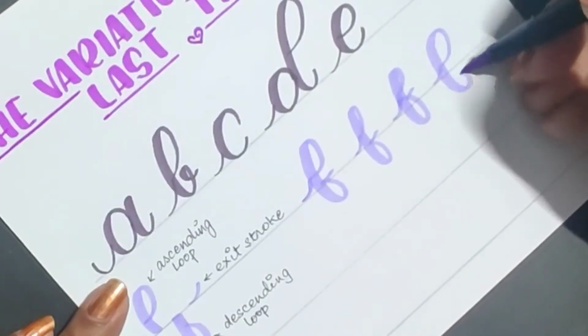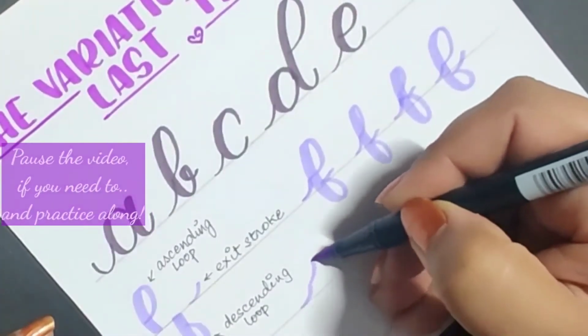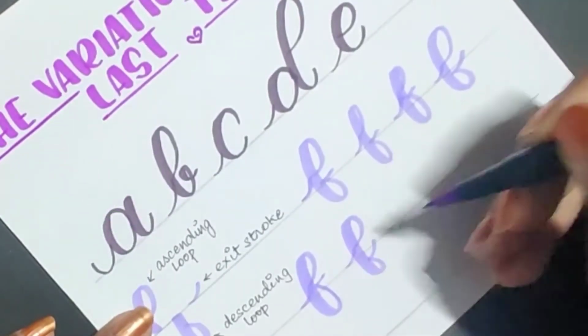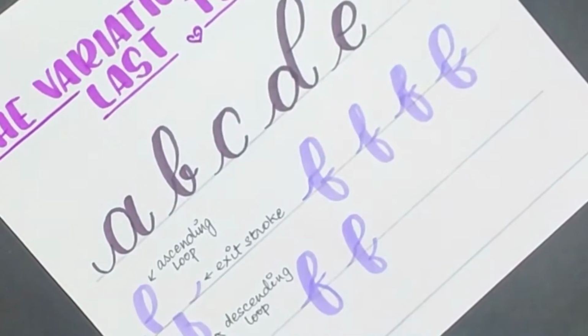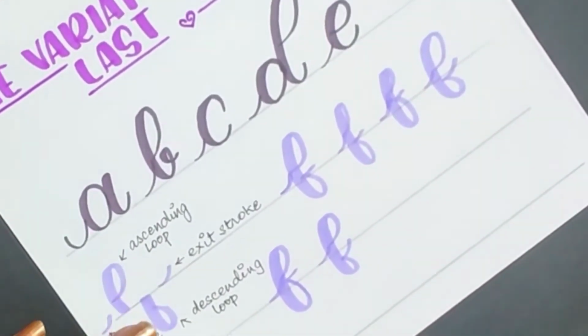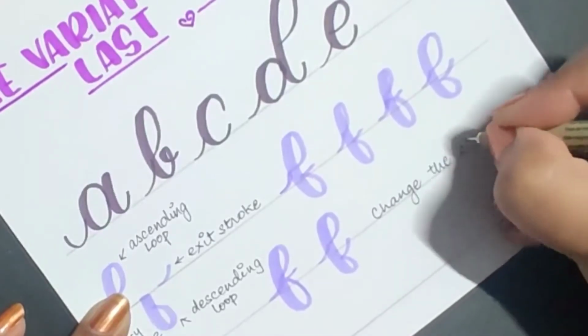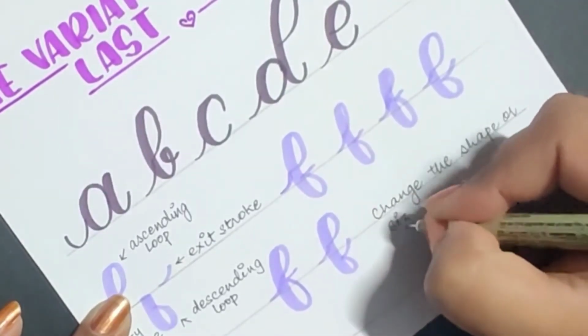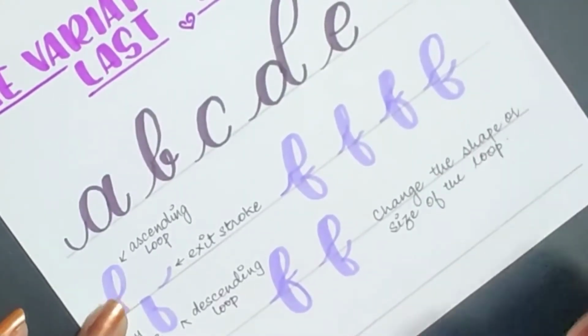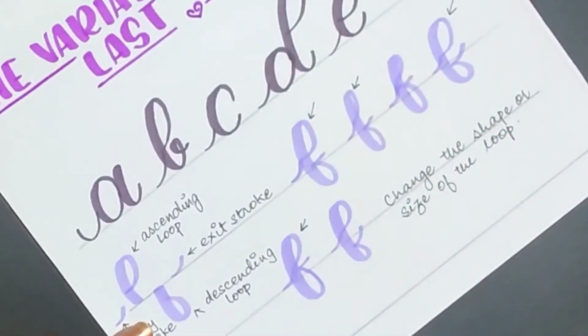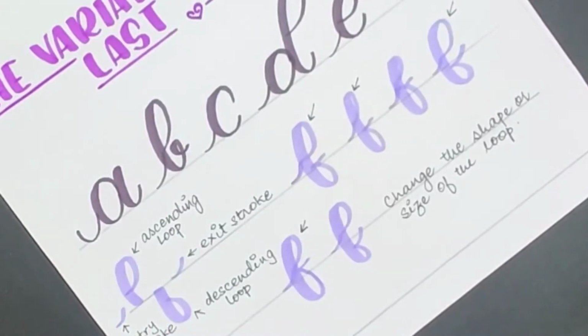Now, creating a variation of a single alphabet is quite simple. You just create a variation in one particular stroke and you have the alphabet in a completely new style. But one of the most important things to remember while creating these variations is that when your aim is to create a font, similar strokes should look the same across all alphabets, else your font will end up looking unprofessional.